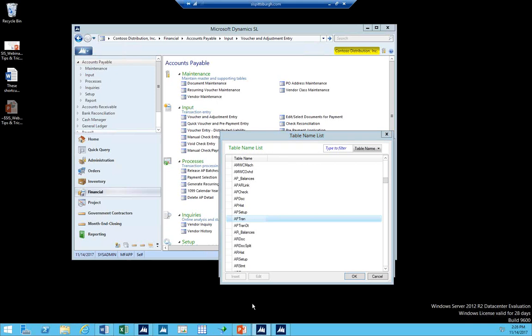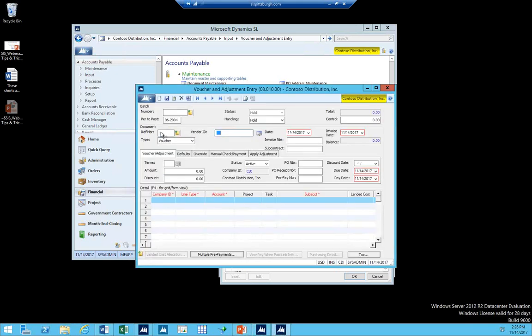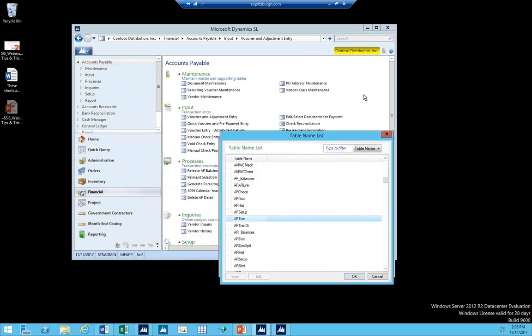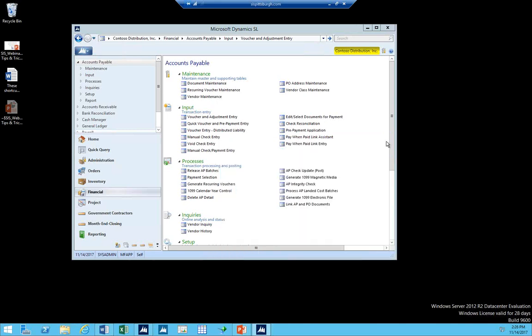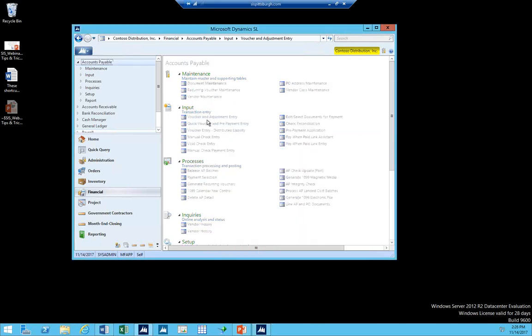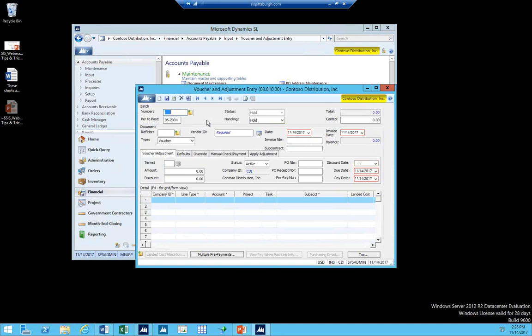So when we were in our screen, this is the document level and this is the transaction level. So it's, like I said, fairly obvious, but not always. It's obvious to me because I've been doing this for a long time, but there is a way for someone to go in fairly easily if they have access to customized mode to determine what those tables are. If you want it to be as easy to set it up, I don't want to come in here and have to guess. So what I usually recommend is that when you're in the screen, and again, this involves something that most people don't have access to,